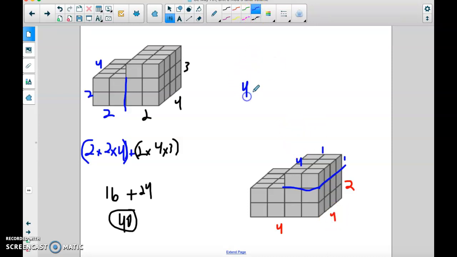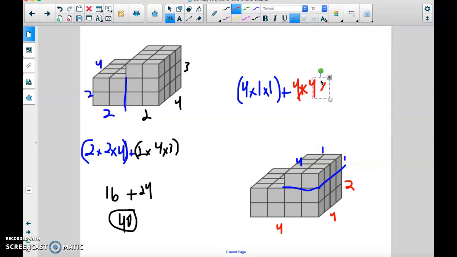So then 4 times 1 times 1, parentheses, plus 4 times, not plus, that's a times, times 4 times, times 2, right? So then 4 plus 4 times 4 is 16 times